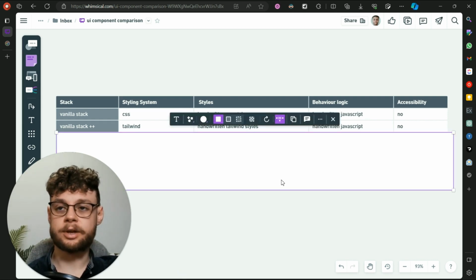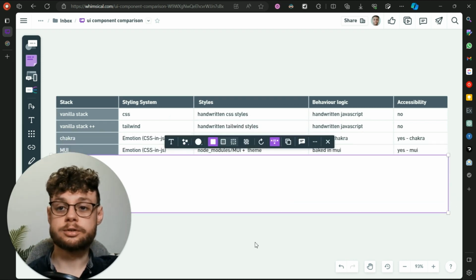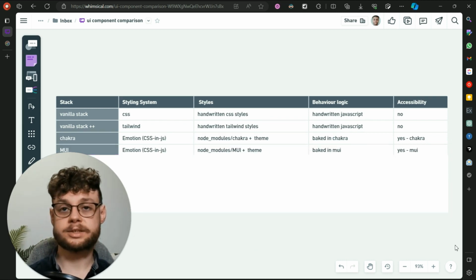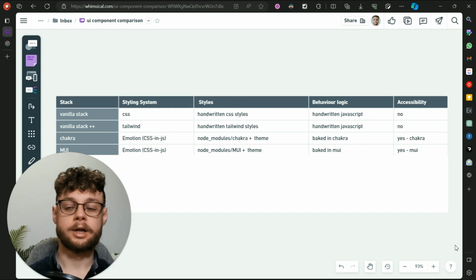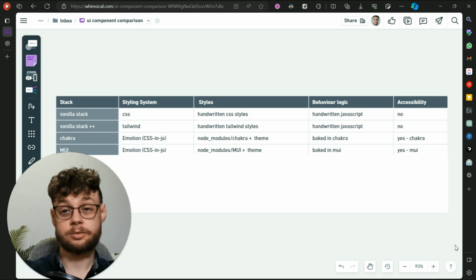So just like many other people, I moved over to a full solution such as Chakra or MUI, the two I used, but the exact same principles or evaluation applies to other component frameworks like AntDesign or Mantine. They're based on CSS and JS, which fundamentally makes them incompatible with React server components. This is because Emotion relies on React context for its theme, and of course context is not available on the